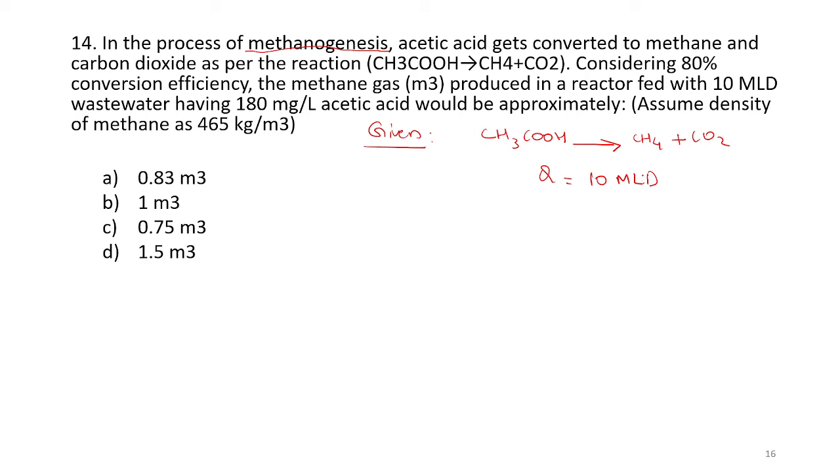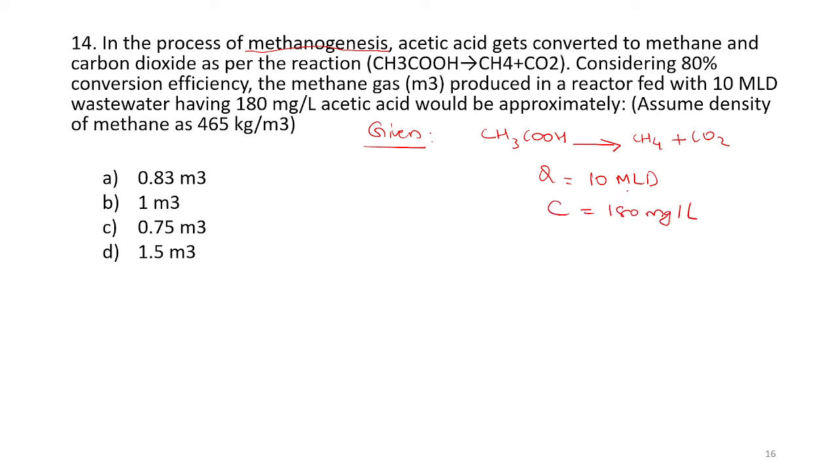The methane gas is produced in a reactor fed with 10 MLD having 180 milligram per liter of acetic acid. So in the wastewater coming into the reactor, the organic matter present is in the form of acetic acid,